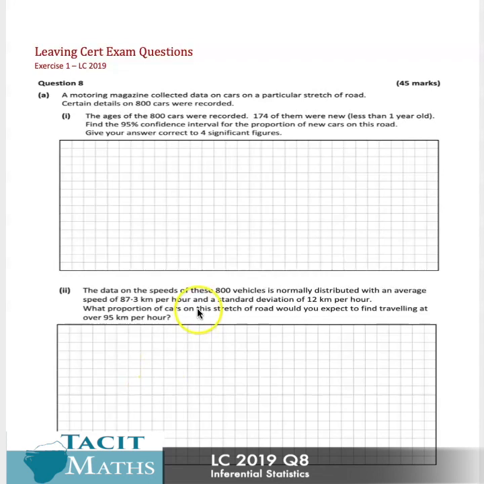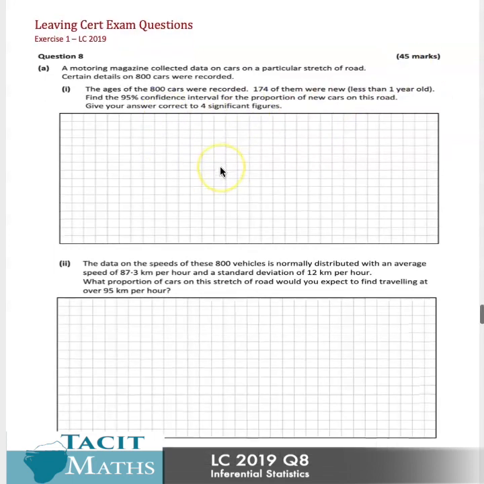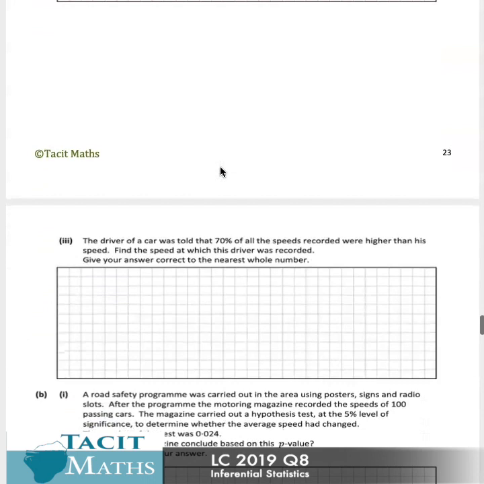Now, this Leaving Cert 2019 question, in my opinion, is one of the best questions really to test where you are. It's a Part B question, 45 marks. Usually it's 50, but it's 45 marks, and it covers everything really from the Inferential Statistics